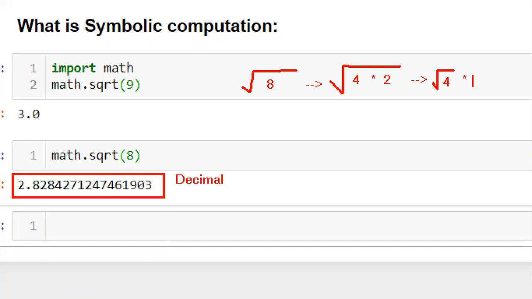Now the square root of 4 value is again 2, so you can simplify that statement and directly write 2 times square root of 2, right? So now I want the square root of 8 value like this.